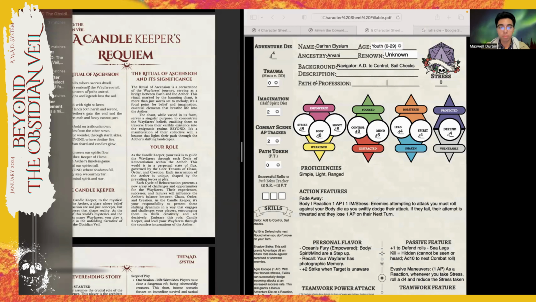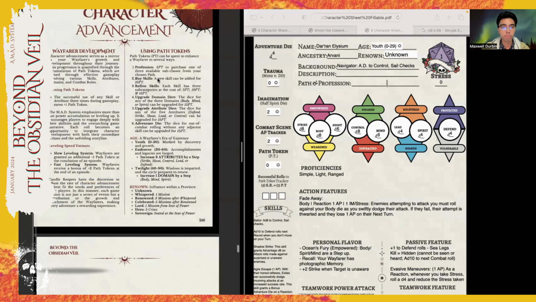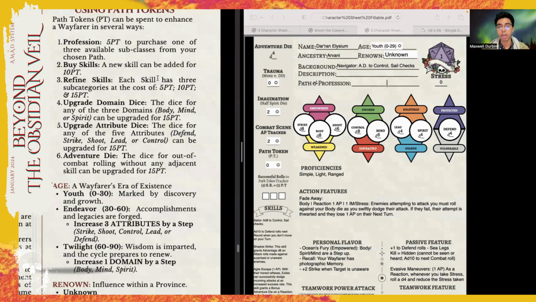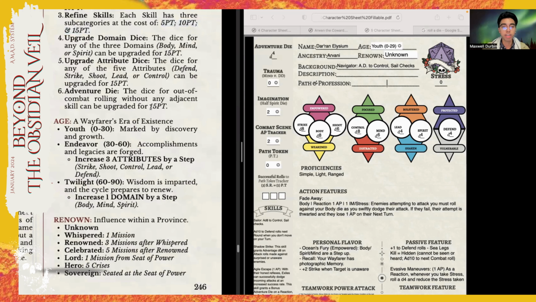We're going here just to give you a glimpse at what you can do with your path tokens. So professions, 5 path tokens to purchase one of 3 subclasses from your chosen path. You can buy skills at 10 path tokens, refine skills, 5, 10, 15. You can upgrade your domain dice for 15, or your attribute die, these for 15, or your adventure die for